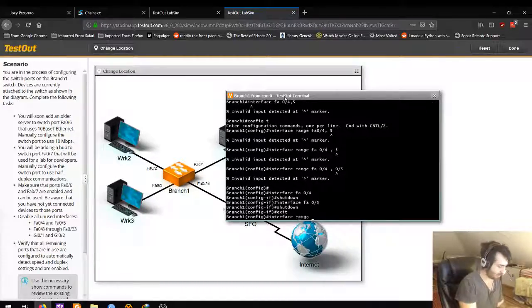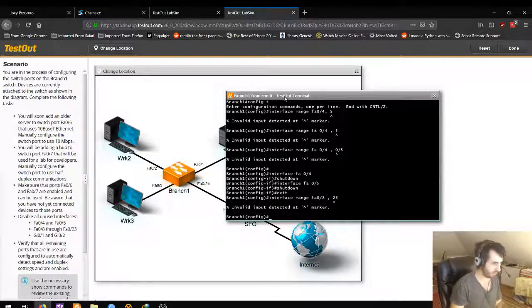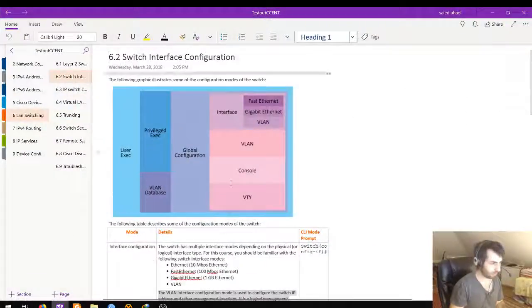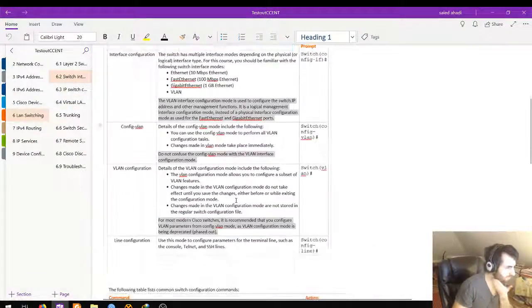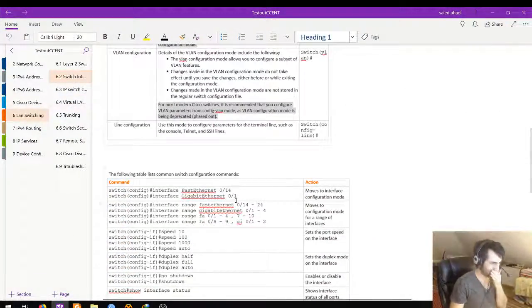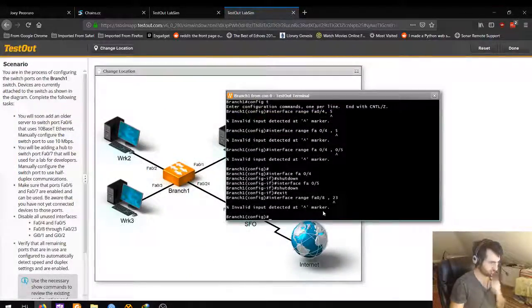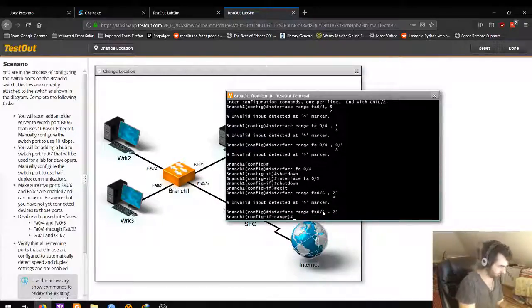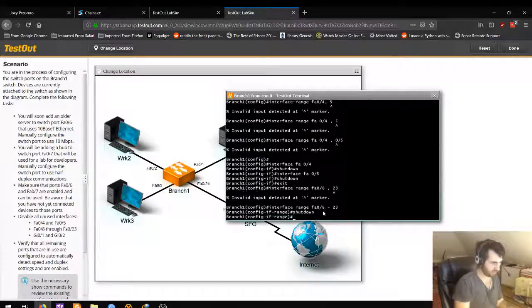Interface range FA 08 to 23. That is annoying me. How do you do it? FA8 to 23. Shutdown. Right. And then